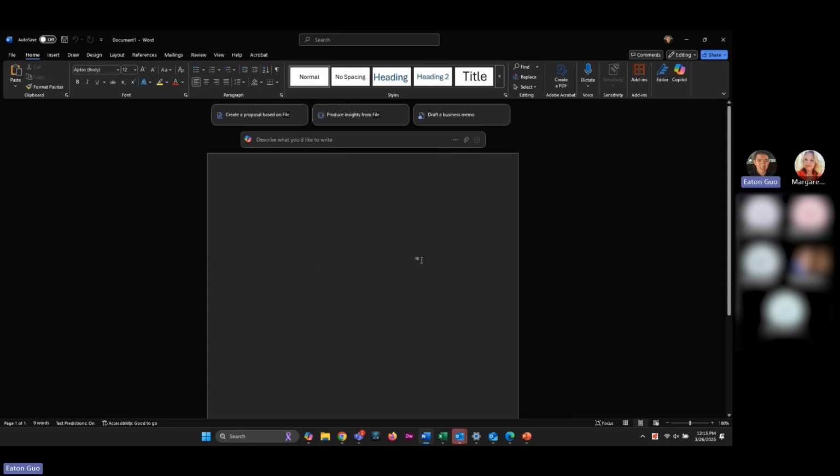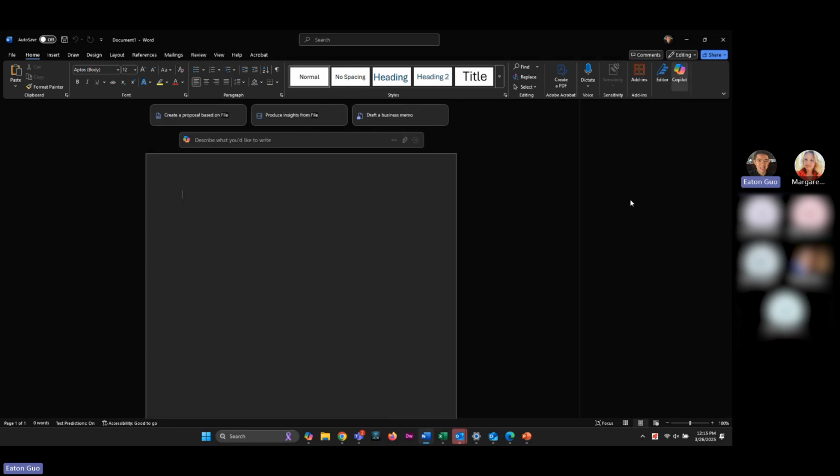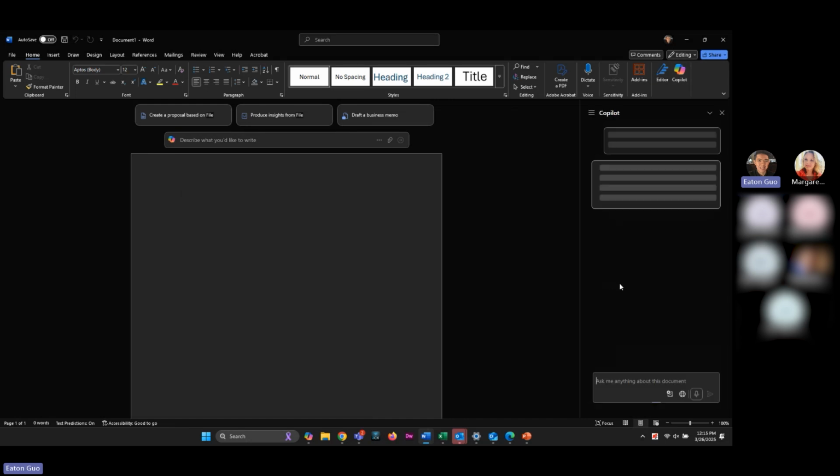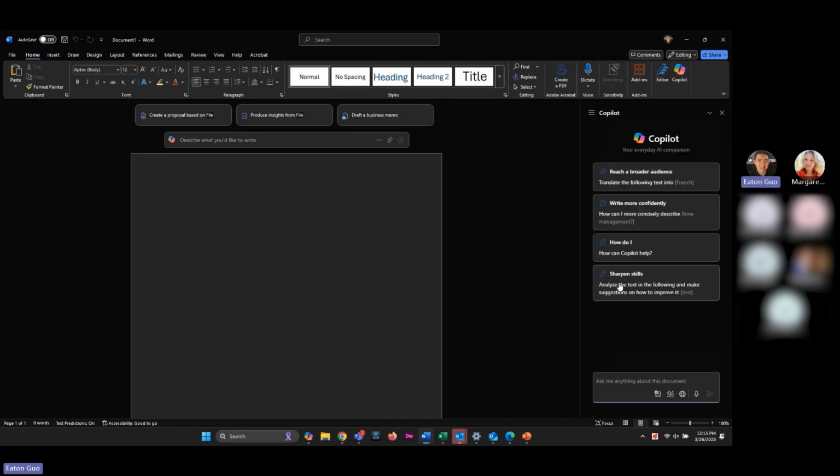Okay, so when you open up Word, you'll see a lot of options here from Copilot already. You can describe what you'd like to write, create a proposal based on the file, produce insights from a file, or draft a memo. There's also this Copilot button in the top right of most apps again, which you'll click on. And then it'll suggest some things they can do for you. So let's start out with, let's say,